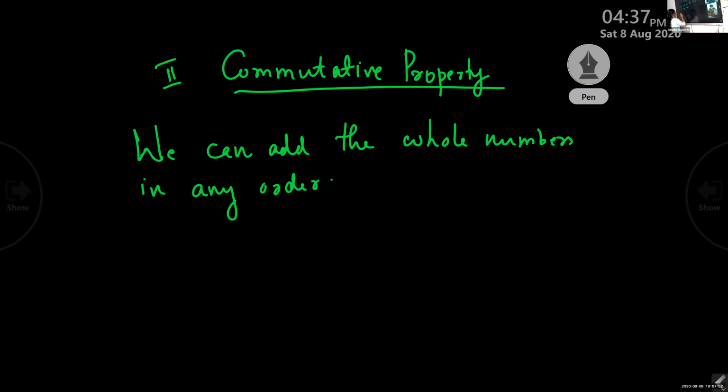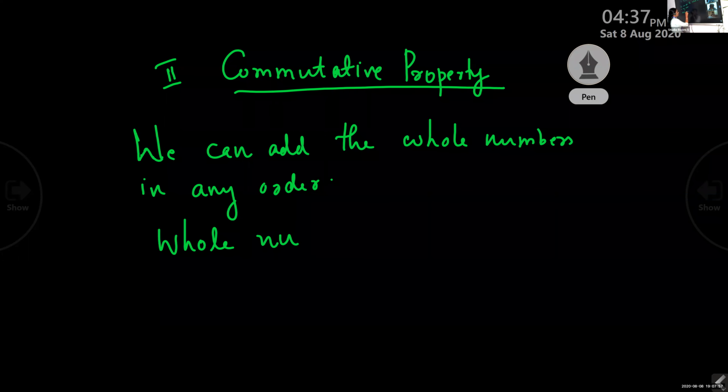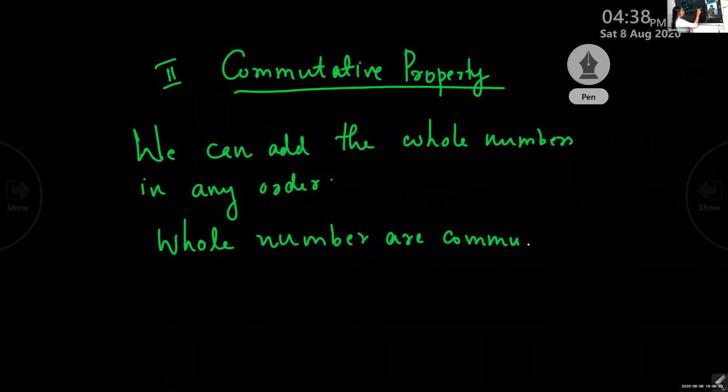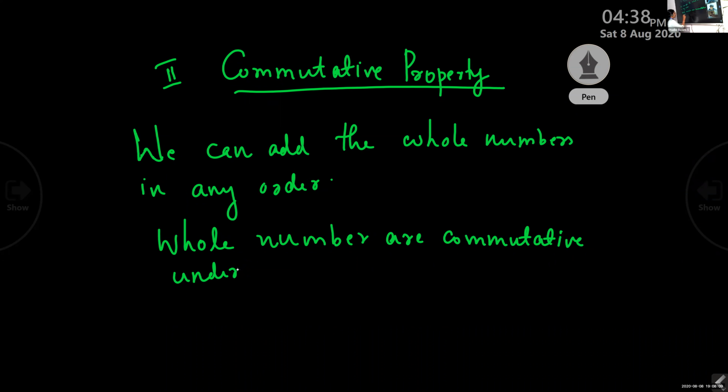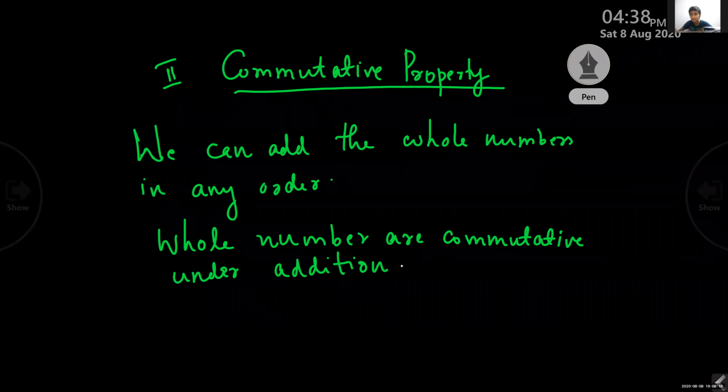Whole numbers are commutative under addition. What is the meaning? Whole numbers are commutative under addition. And the examples are